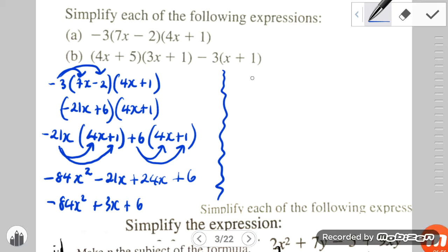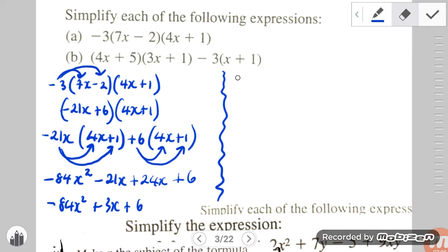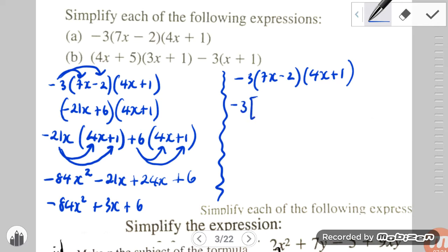So method 2 could obviously be minus 3 open bracket 7x minus 2 open bracket 4x plus 1. So we could do the binomial expression first. We could write this minus 3 here, and we're going to open a square bracket, and then we're going to distribute here. Okay,